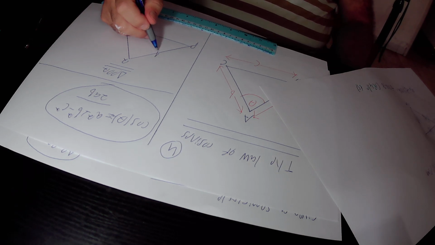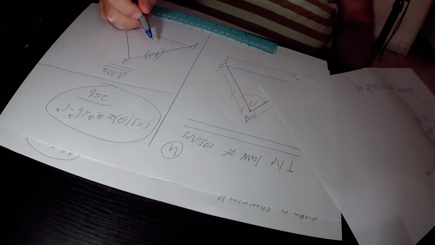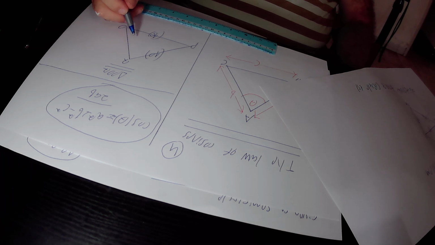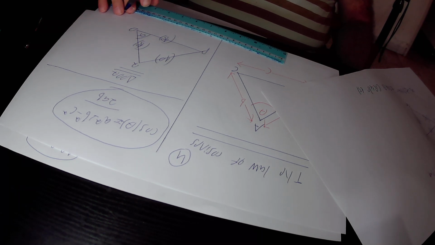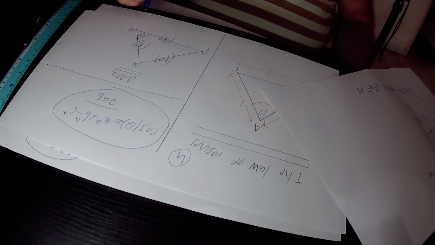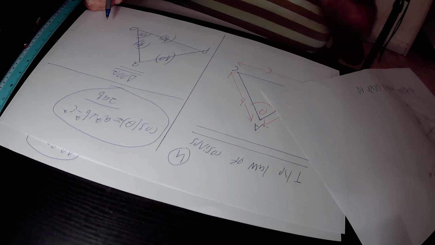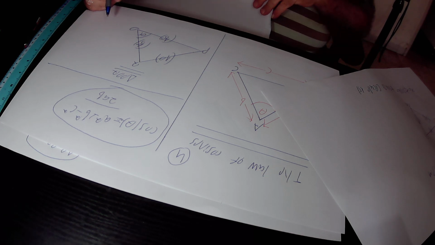PQ equals 10 units in length according to what is given in the question. PO equals 15, it is actually the radius of the circle. OQ also equals 15 units in length, it is also the radius of the circle. And angle POQ equals alpha. So in this triangle POQ, according to the law of cosines, we'll get that